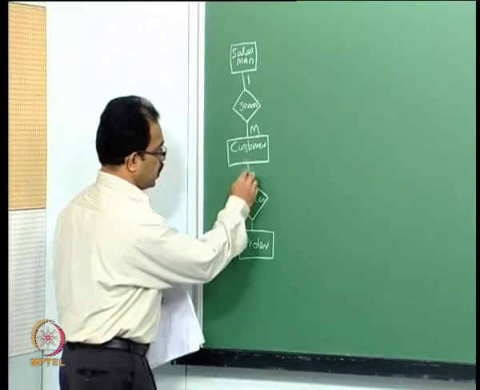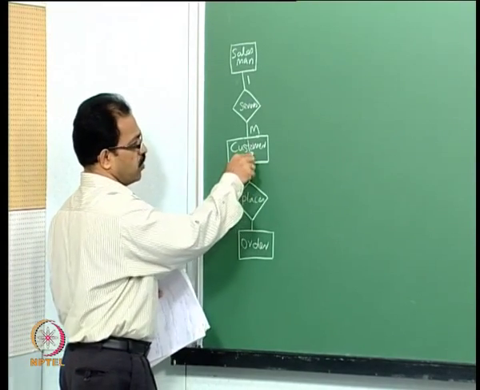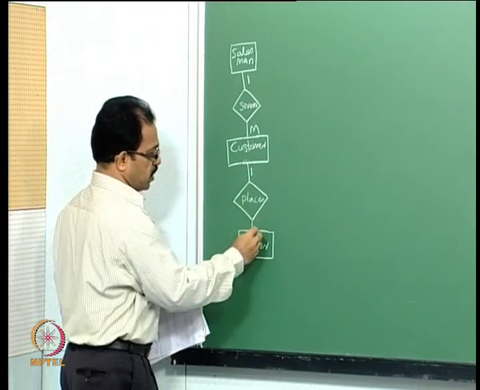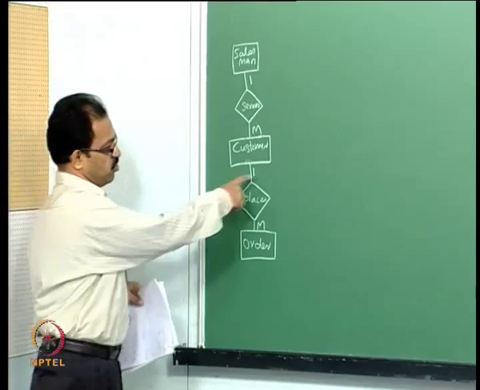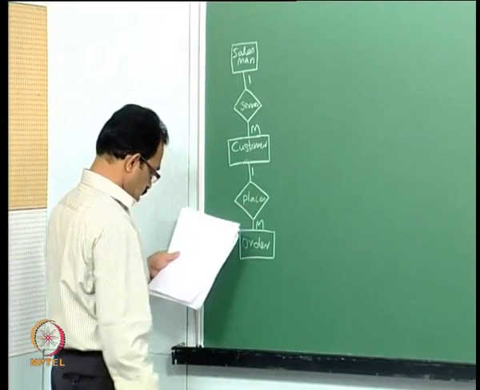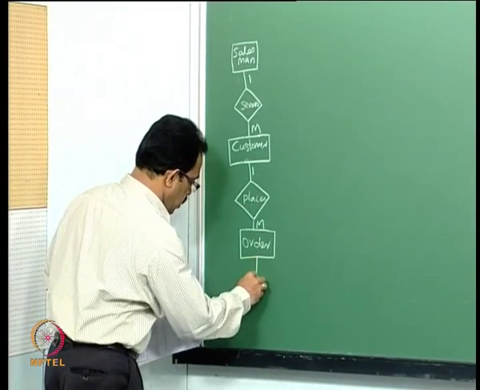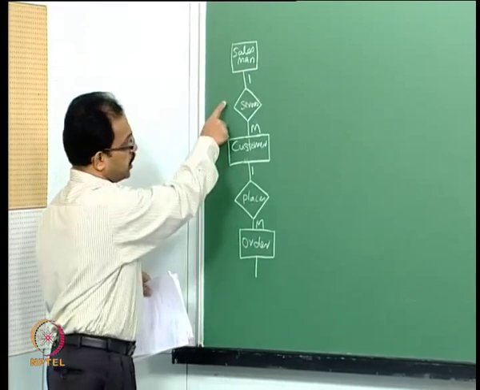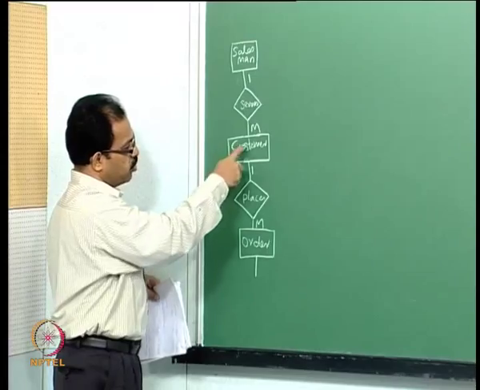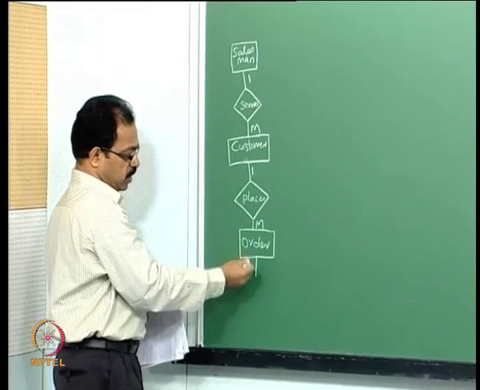So again, you can see that one customer, now we are taking only one customer here, one customer places m orders. So, it is again a 1 to m relationship, because the customer can make many orders. The one salesman is taking the order, so he will be taking orders from many people. So, finally, he will be getting many orders with many items.